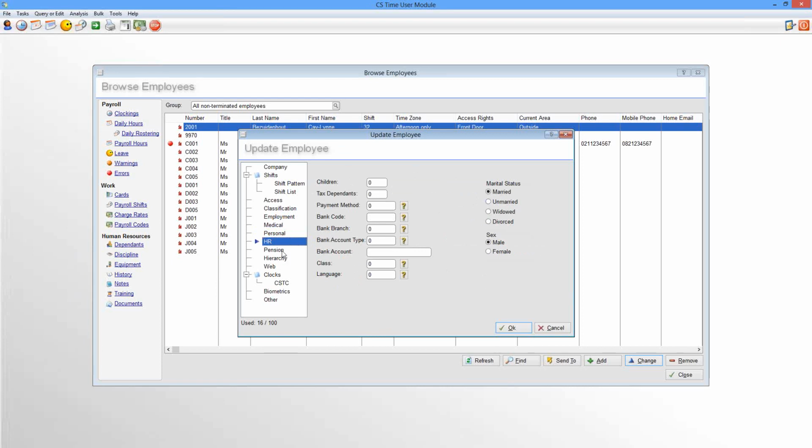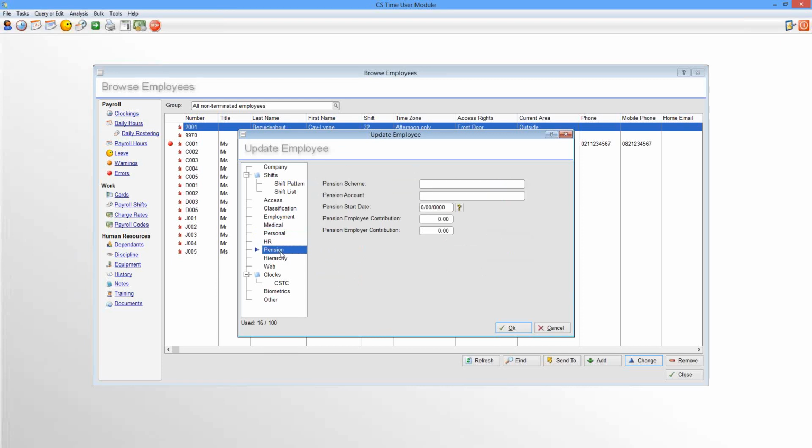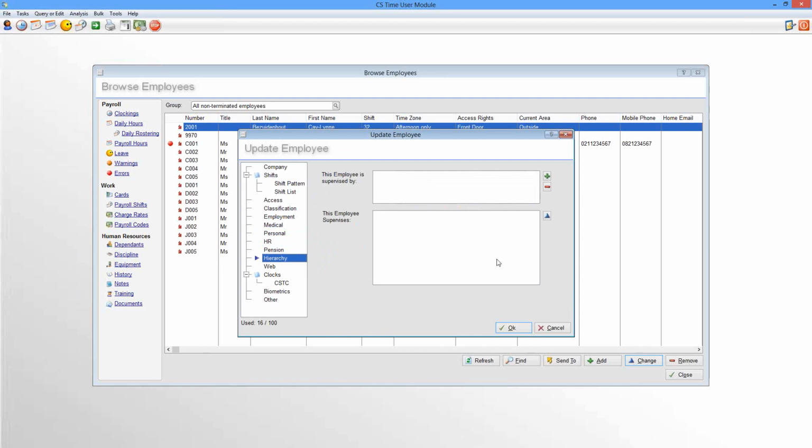There. You've also got your pension tab, which has his pension, just as with your medical details. You've got your pension scheme details and all those account numbers. You've then got your hierarchy. Now your hierarchy is creating like a